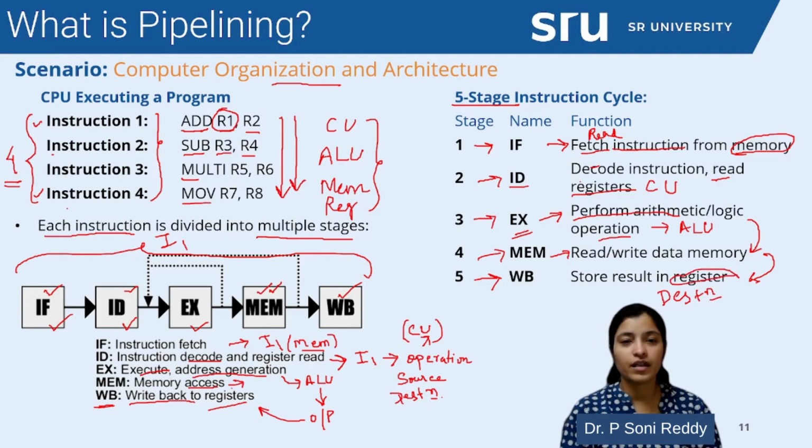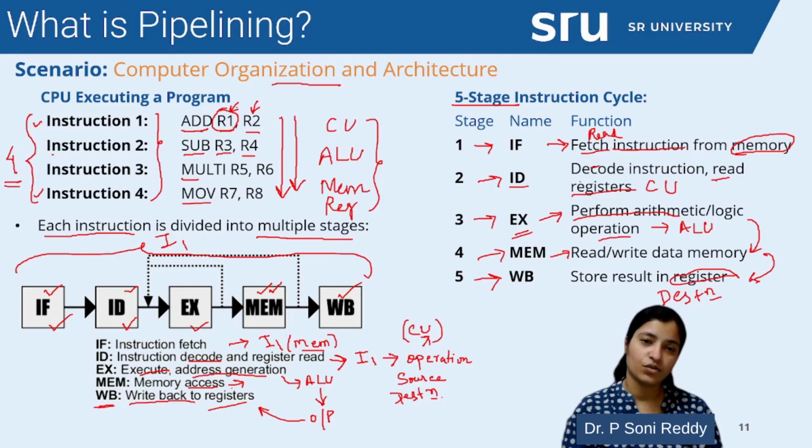So if I say that in instruction number 1, what is my final destination? My final destination is R1. What is my source here? Both R1 and R2 are acting as the source. The final destination is your R1 here. That means the first execution is nothing but R1 = R1 + R2. This is my first operation. So I am going to read the input data from R1 and R2, do this arithmetic operation of addition, and store the output in my destination register R1.